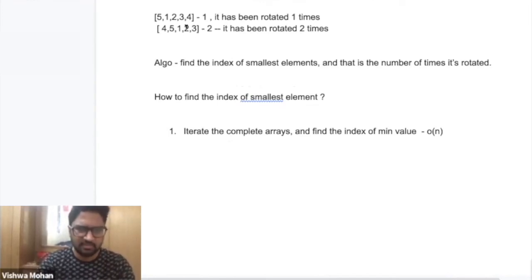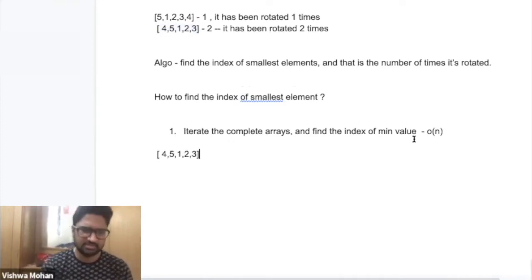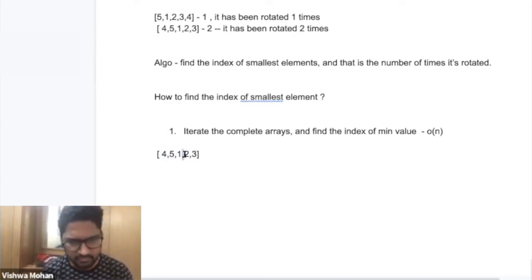For example, if the array is rotated k times. For example, in this, the array has been rotated 2 times. What you see is that the first part is sorted and the second part is also sorted, and the index at which the smallest element lies is the only index where the left of it is greater than that particular element and the right of it is also greater than that particular element. Got my point?